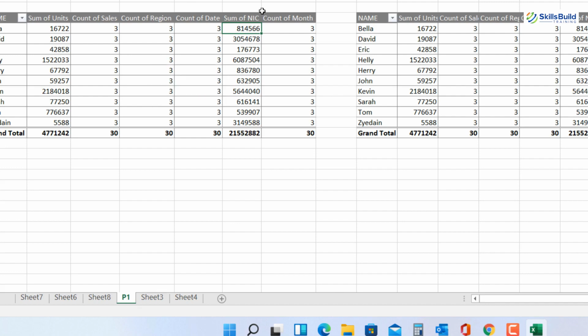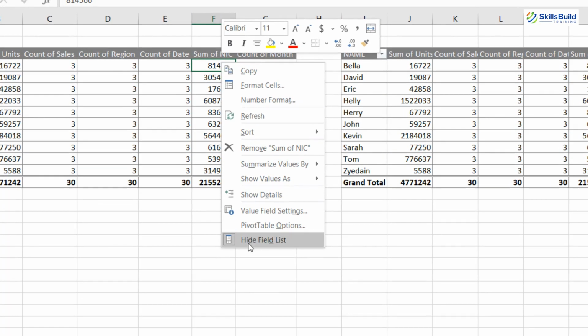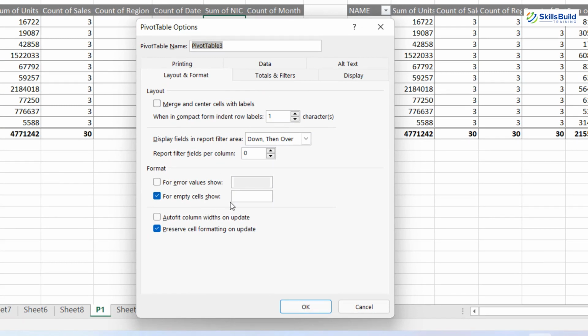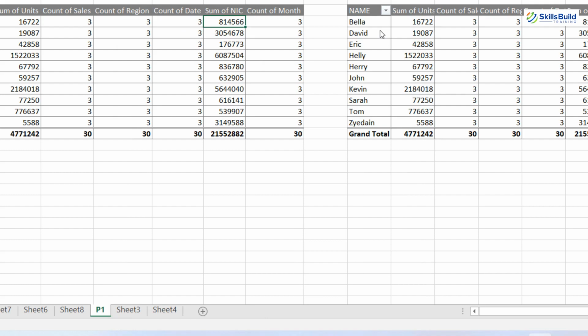You can simply right click on it, and here you have Pivot Table Options, and for empty cells show, you can show anything, like 0, or no value available. That is completely up to you. So you can change it according to your needs.